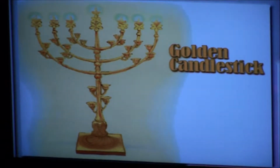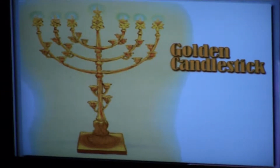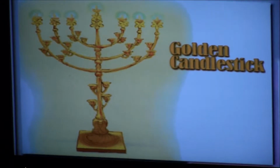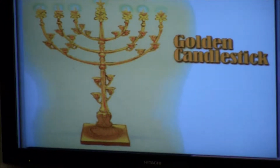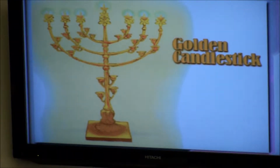6 branches shall go out from its sides, 3 branches of the lampstand from its one side, and 3 branches of the lampstand from its other side. 3 cups shall be shaped like almond blossoms in the one branch, a bulb and a flower, and 3 cups shall be shaped like almond blossoms in the other branch, a bulb and a flower. So for 6 branches going out from the lampstand, and in the lampstand 4 cups shaped like almond blossoms, its